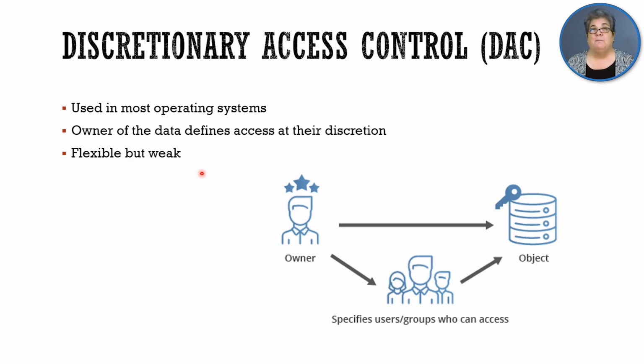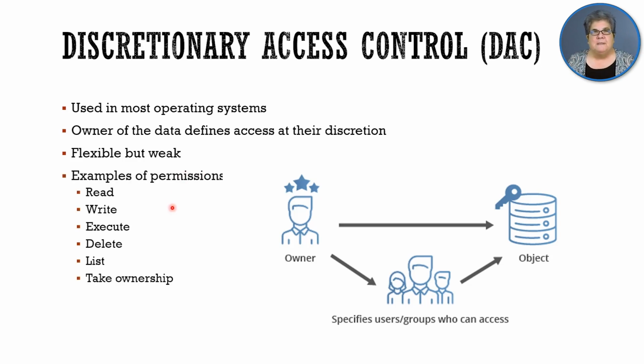It's flexible, but it's weak because, hey, I'll give you a chocolate bar if you let me get into this thing. Or, hey, can you let me have access to this thing? And they don't think about it. Oh, sure, yeah. Examples of the permissions they could grant would be read, write, execute, delete, just list the contents of a folder,